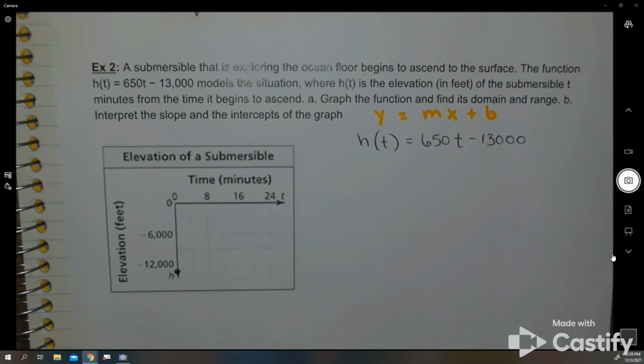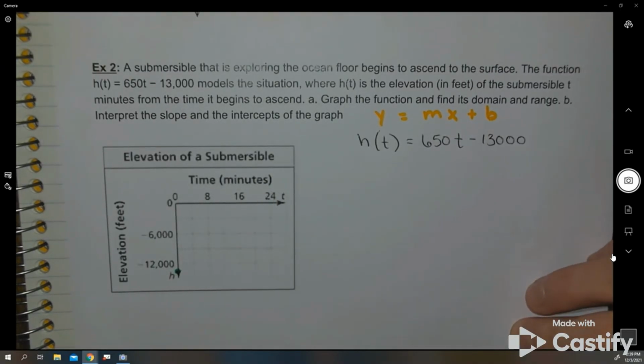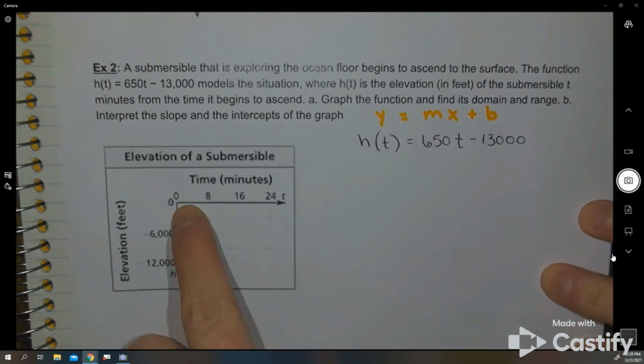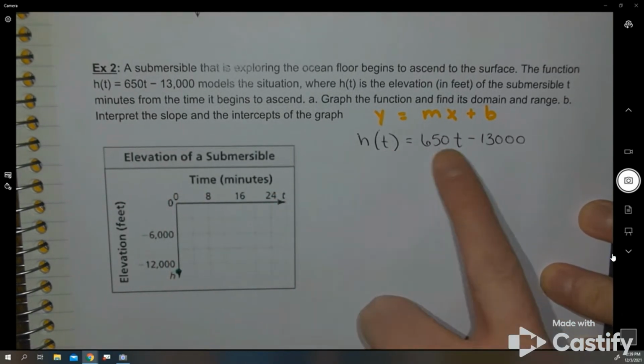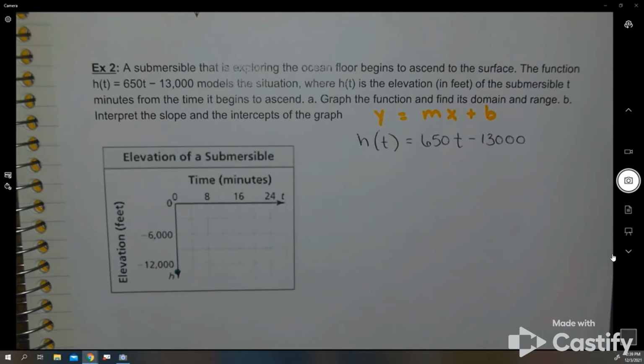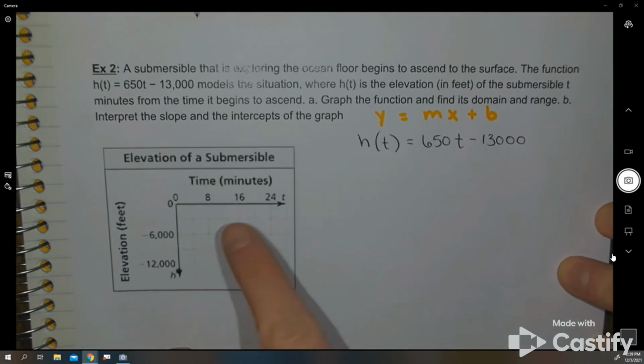So if I'm looking at this, I have to figure out when they are going to cross the surface, all right? How many minutes is it going to take them to get to that surface? So the first thing I'm looking at is, how do I get from 650t minus 13,000 back up to 0? If I want to know when it is going to be 0, this is my x-axis. So I need to know when y is 0, what is x going to be? And I know that I'm going from -13,000 up to 0. So if I'm looking at my range,